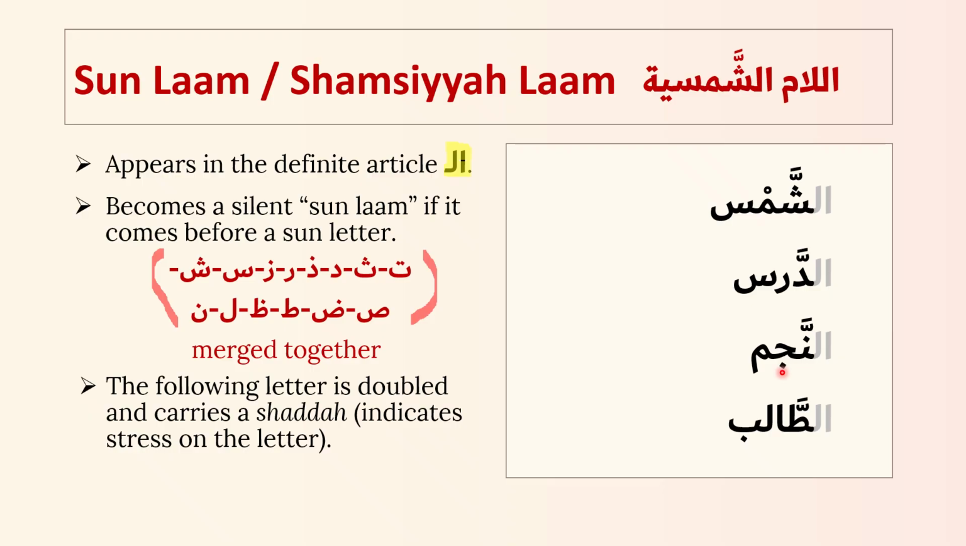The same thing with the noon. The noon is also a sun letter. It shares the same articulation point. So we drop the lam and say an-najm. The last word, the ta is a sun letter, so it becomes at-talib. So you see in these cases with the sun letters, the lam becomes a sun lam, and it's silent